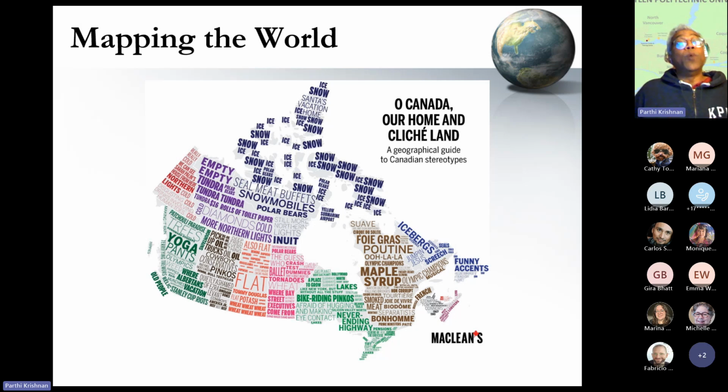So this is a map of what Canadians thought about Canada that Maclean's magazine did a couple of years ago. Right? So you can see how we look at British Columbia, and at that time, Albertans had lots of oil, and so they were buying up properties where we live. So this is where Albertans vacation, whereas the booming oil industry led to oil trucks and pickups being found in that location. Whereas if you look at Nunavut, it's all ice and snow with Santa's vacation home right at the top.